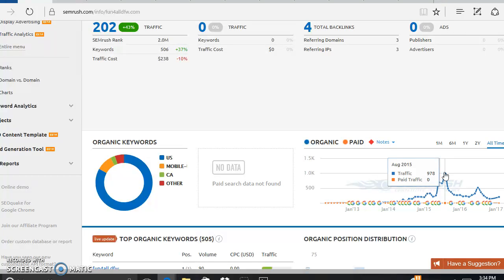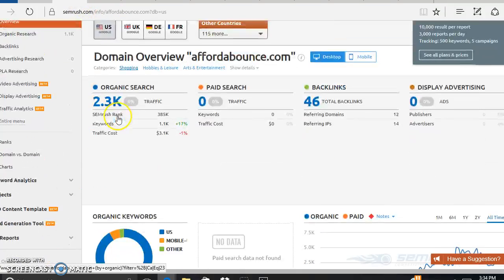And anyway, I'll show you here affordabounce.com. They are getting about 2,300 clicks to their website every month. So instead of paying Google AdWords $3,000 basically per month, they're getting all that traffic for free. That means if someone types in Bounce House Rentals Arlington and clicks on affordabounce.com in the organic listings, if they were paying AdWords, that would have cost them like $2 or whatever, but instead they got it for free. So they're getting $3,000 worth of advertising every month,